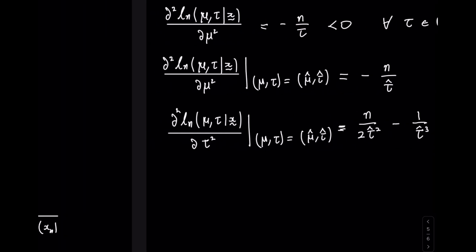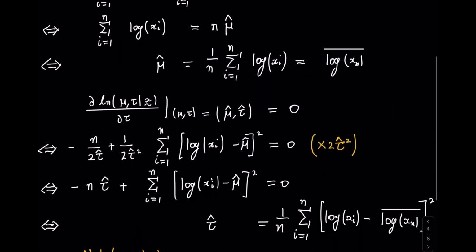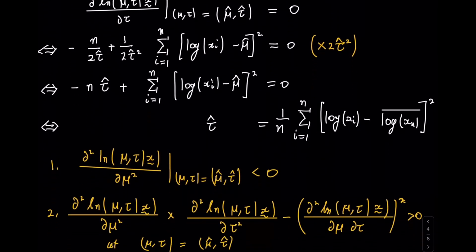If I go to the previous page, where I came up with an expression for tau hat more importantly, you'll notice here that if I slightly rearrange this equation, I can see that the sum of the log xi's minus log xn bar all squared is actually equal to n multiplied by tau